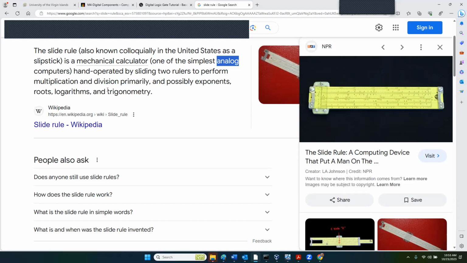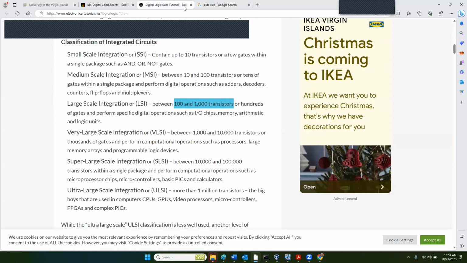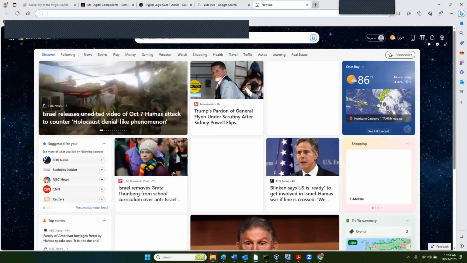So exponents, roots, logarithms, and trigonometry, right? This was what we used slide rules for. And this was commonplace in the 40s, 50s, and 60s, right? And eventually, as chips, as the integrated circuits increased in numbers, by the time we get to very large scale integration, what was allowed after the slide rules,